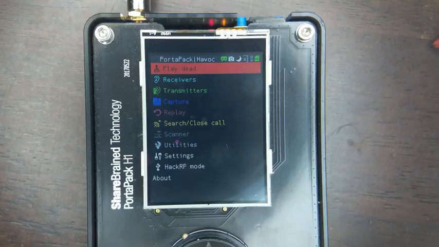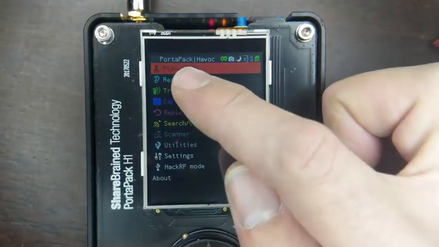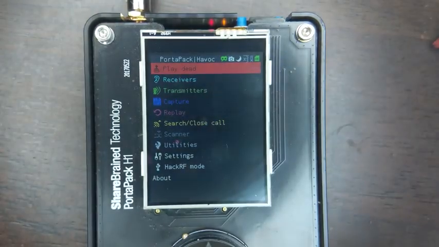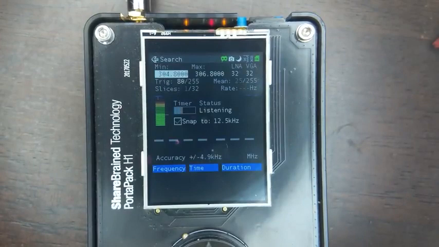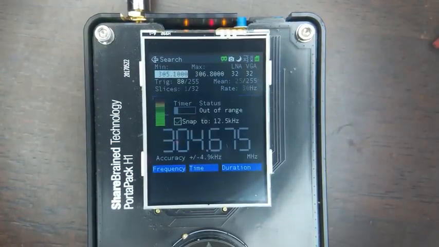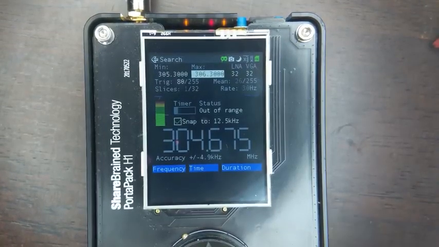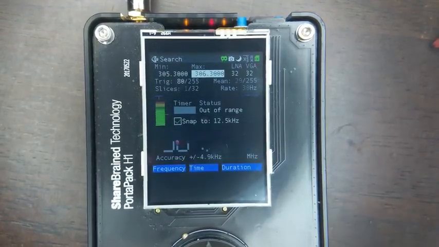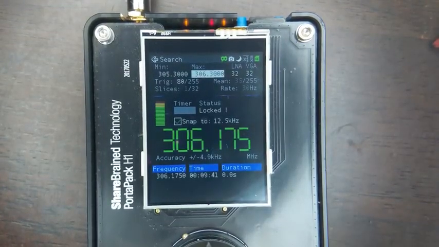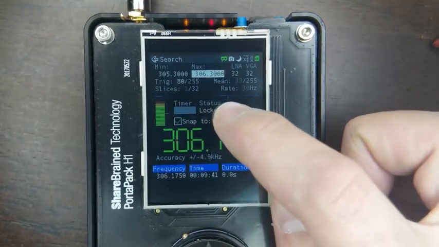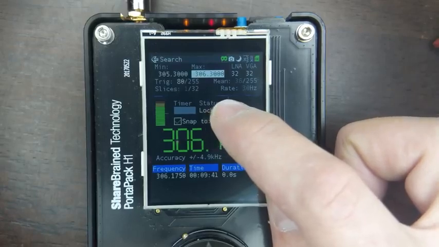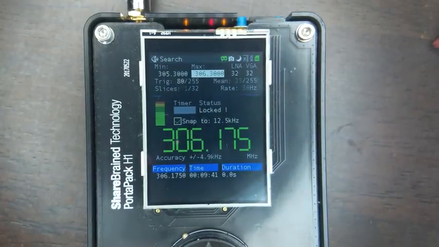Okay, so now we need to find the frequency at the center of the signal that comes out of the remote. In order to do that, we're going to use the PortaPack with the Havoc firmware. We're going to use the Search Close Call function. We'll set the minimum to be 305.3, the max to be 306.3. We got that from the FCC page. Now I'll just click the button and we'll see that it lights up with 306.175 as the frequency. And if you look closely right here, you can actually see the signal on a little tiny scope there. But now we know we're at